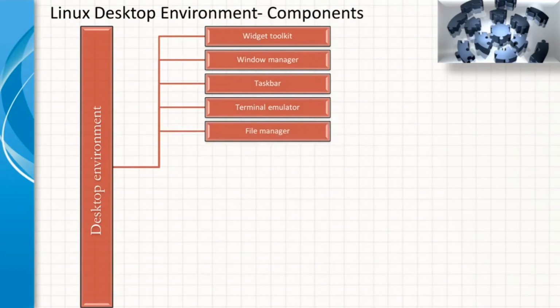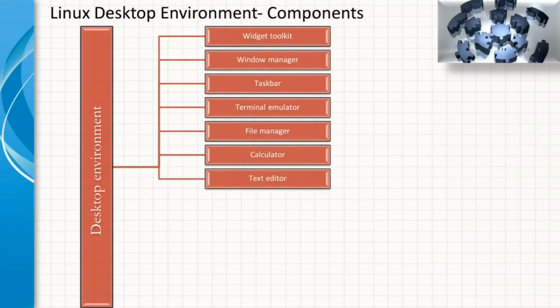File Manager. File management programs are tools that are intended to simplify the task of locating files, determining files and folders, disk utilization, deleting files, moving files, etc. There are many file managers available in Linux, and a few of them are Nautilus, Thunar, Dolphin, etc. Calculator. Of course, to do the calculations. A few of the calculators that are available for Linux systems are SpeedCrunch, Gnome Calculator, KCalc, etc.